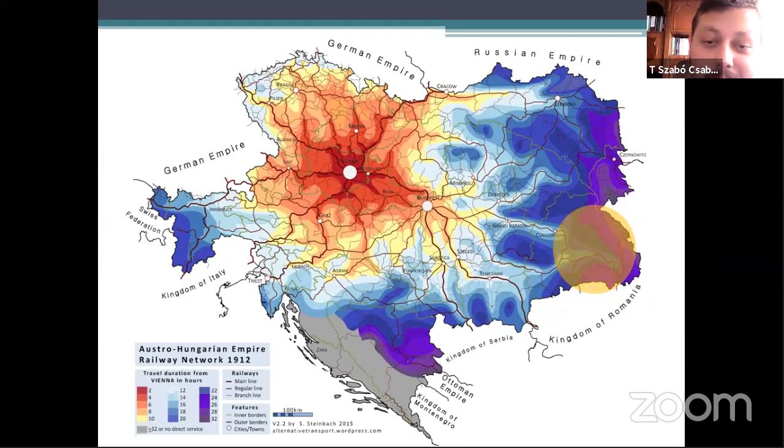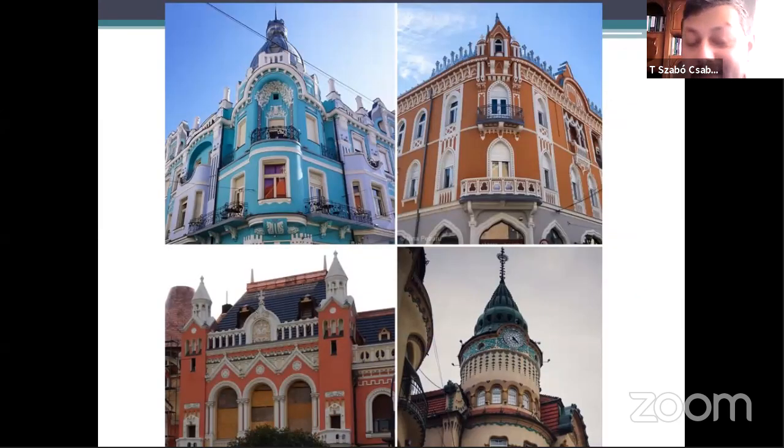It takes 20 hours from some parts of Transylvania to reach Budapest or Vienna, the two capitals of this empire. So it was unfortunately much more isolated, also infrastructurally, but sometimes culturally too. Of course, there were some exceptions. For example, Cluj-Kolozsvár was one of the exceptions of these, because in the Austro-Hungarian period, many big urban cities will have massive urbanistic projects,